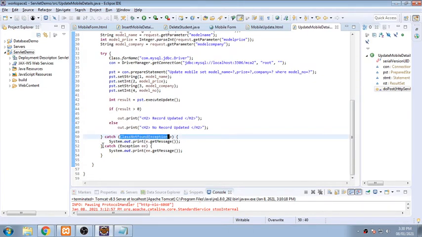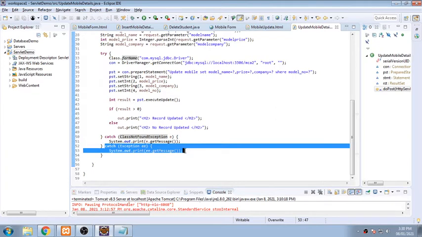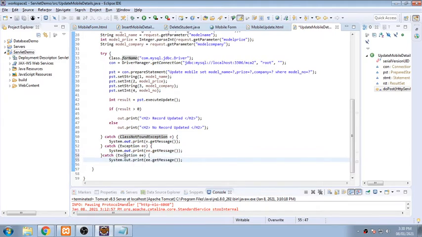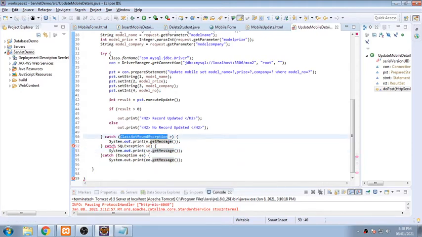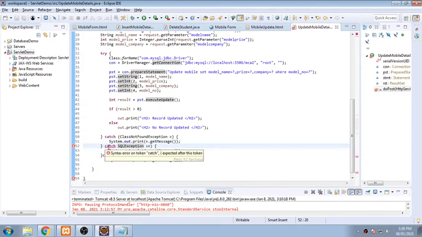Now there is class not found exception. One more exception I need to catch. The name of the exception is SQL exception. So that you have to keep in mind. So SQL exception and class not found exception are the exceptions which are being thrown over there. So this is try.